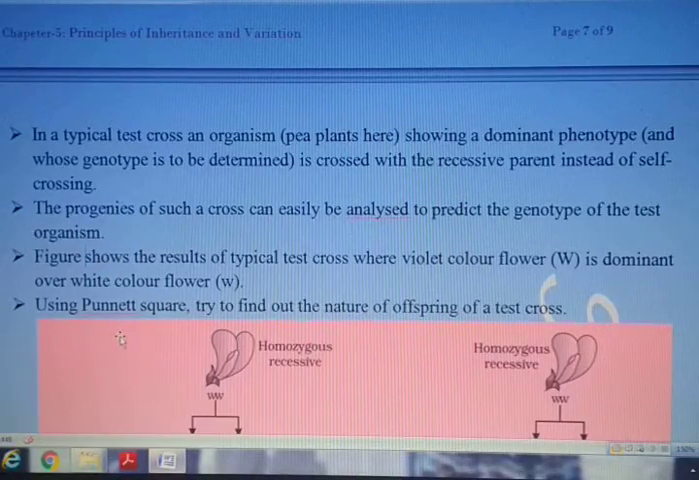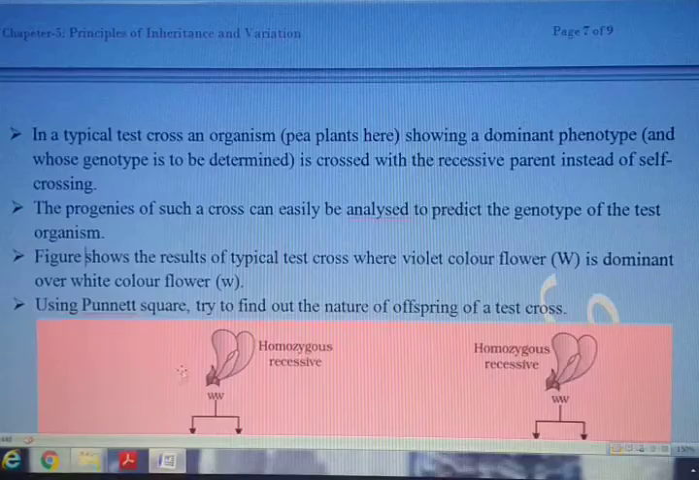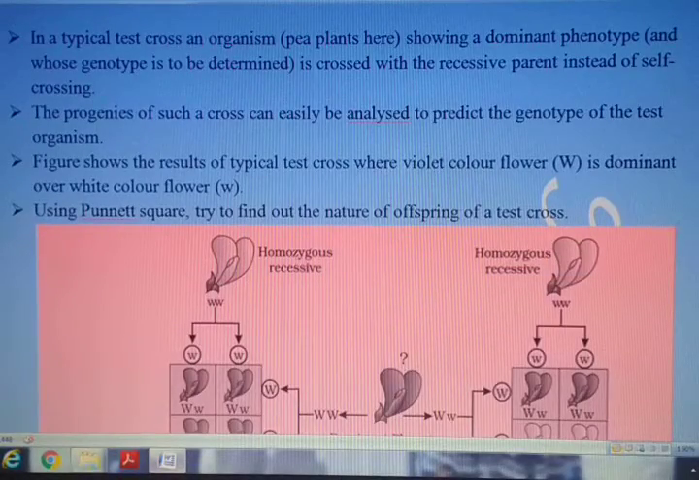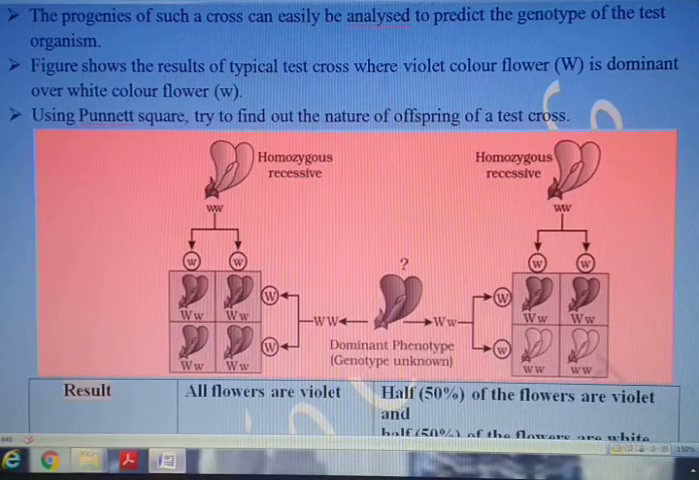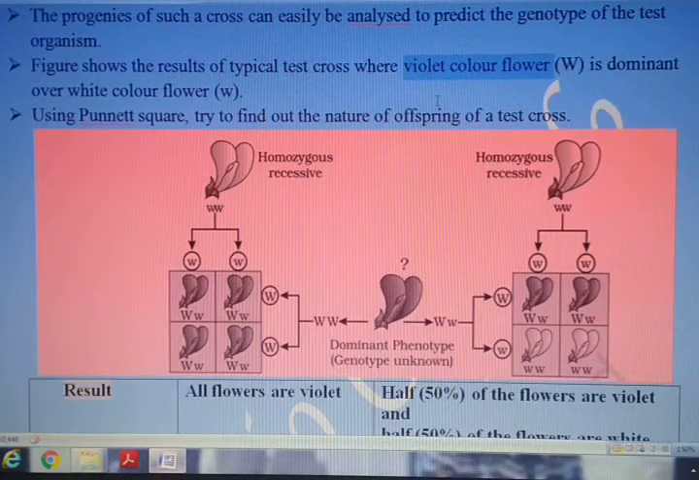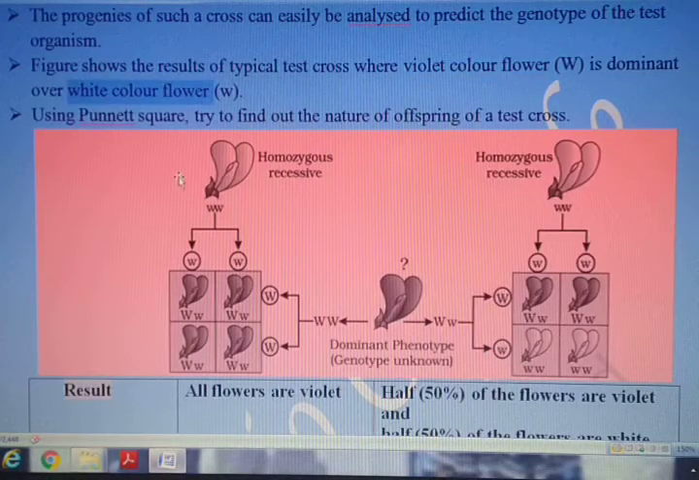Now the figure below shows a test cross between two plants, one forming violet colored flowers and the other forming white colored flowers. Here it is important to note that the violet color flower is dominant, and that is why it is represented by capital W, and the white colored flower is represented by small w because this is the recessive gene. Now by using the Punnett square,